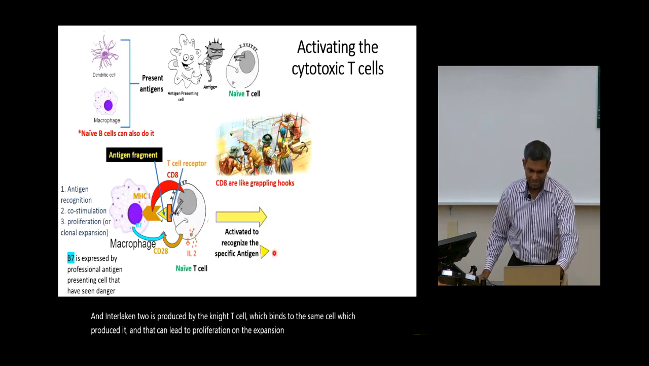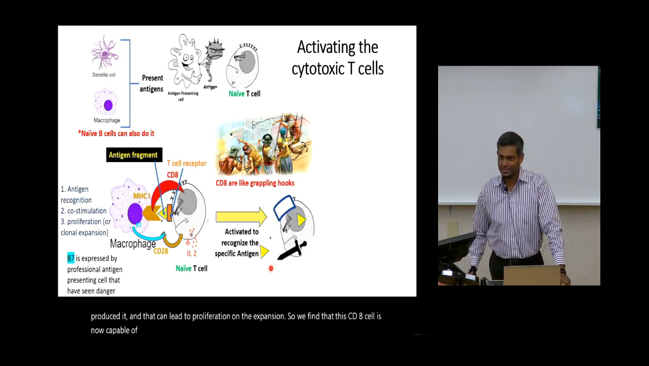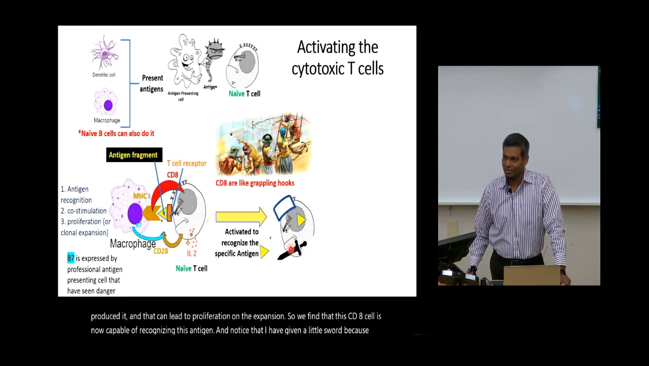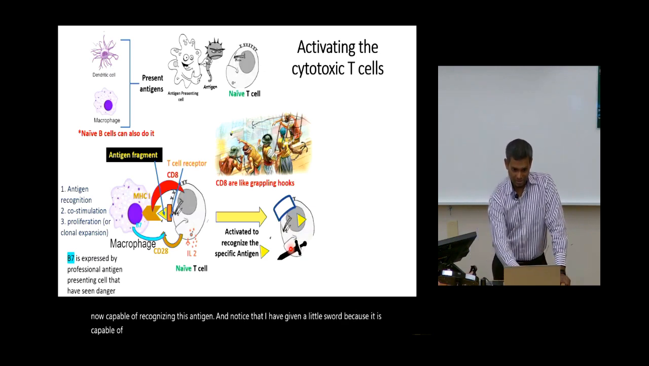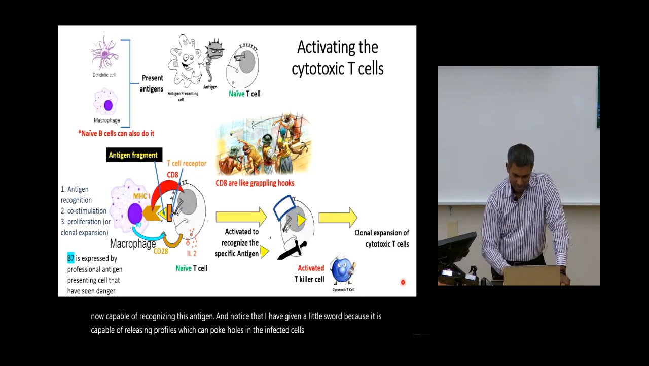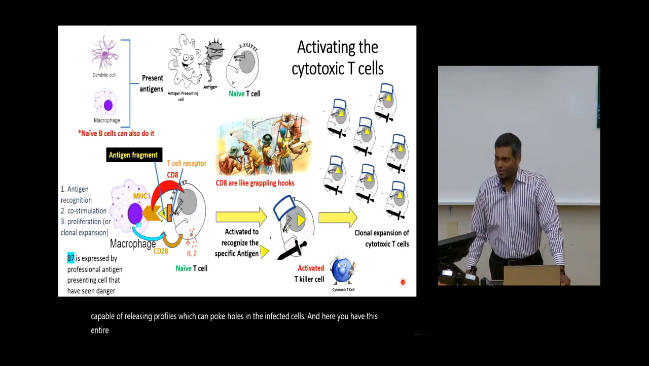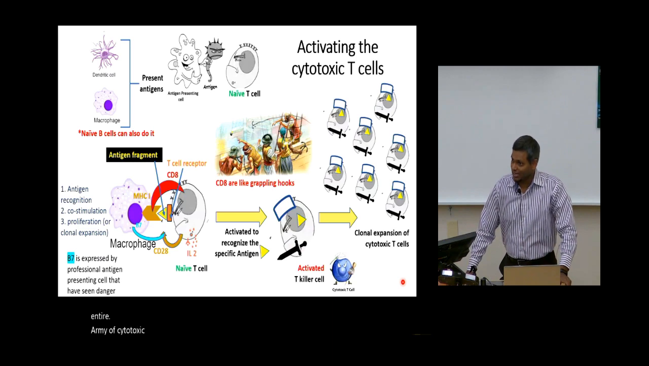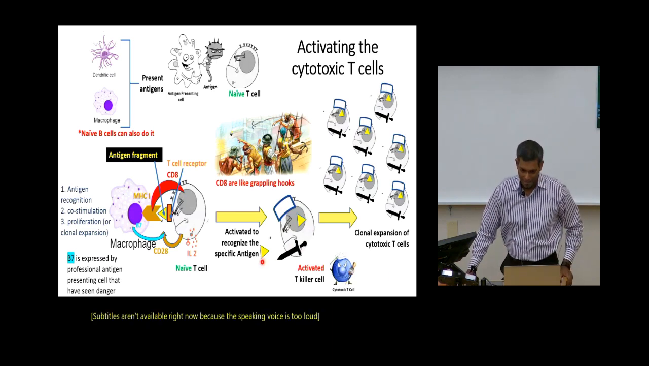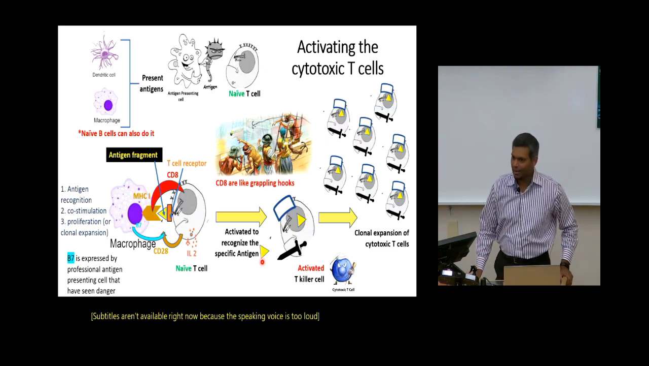So we find that this CD8 cell is now capable of recognizing this antigen, and notice that I've given it a little sword because it's capable of releasing perforins which can poke holes in the infected cells. And here you have this entire army of cytotoxic T cells which can recognize cells expressing this antigen. Okay, so now let's move on to discuss the innate